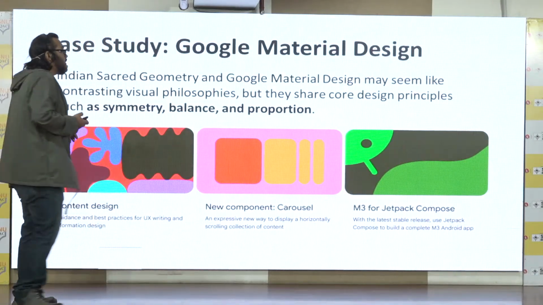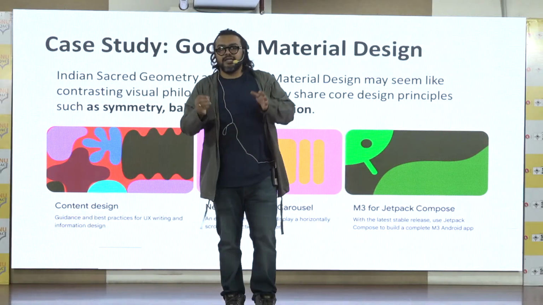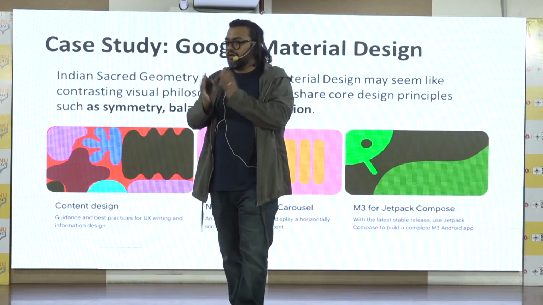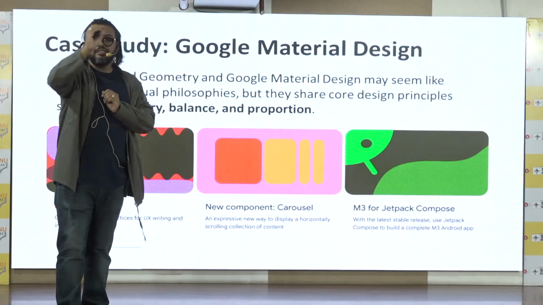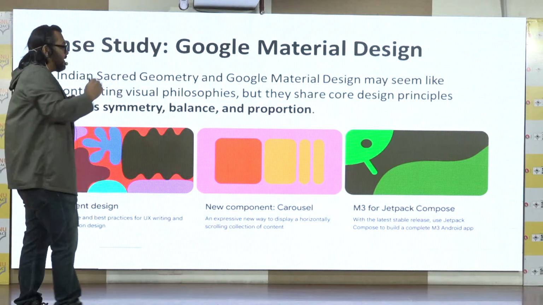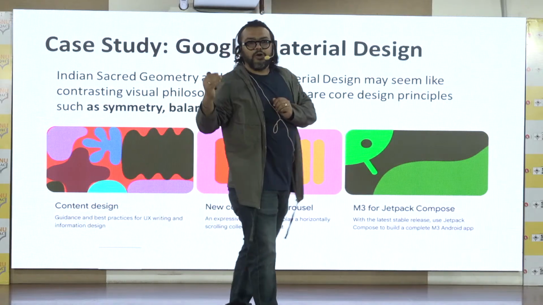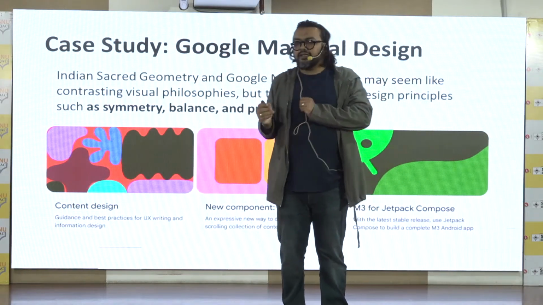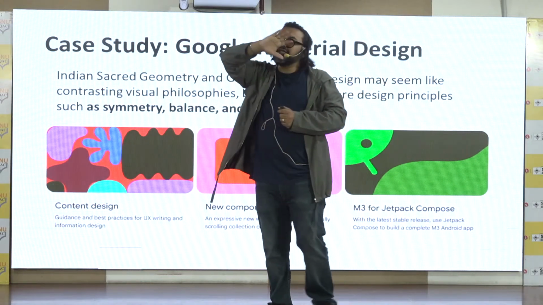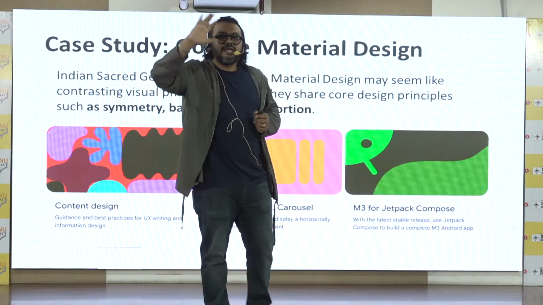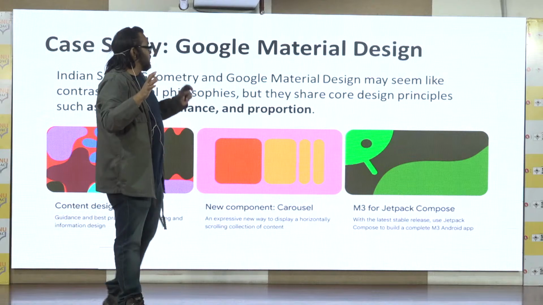So there is a principle called chunking. In chunking, what we say in UX is that if we have a chunk of a design or a chunk of information, we need to break those down into several areas so that there is a visual hierarchy and we go from point A to point B to point C. So let's say whenever we see a design in maybe a banner, we see the main tagline first, and then we go to the numbers, then we go to the call to action and all those things. So chunking is